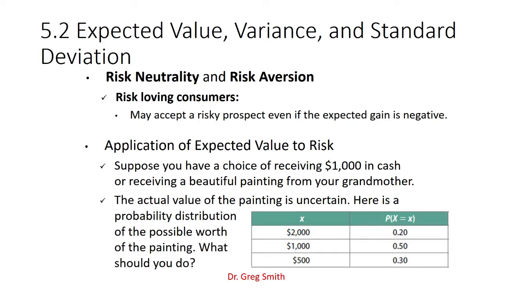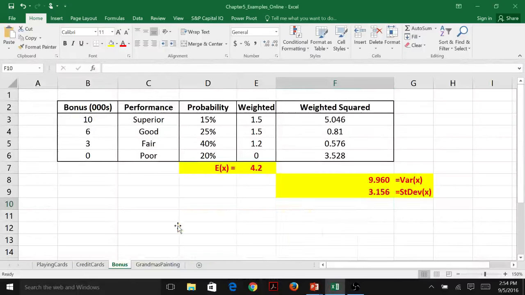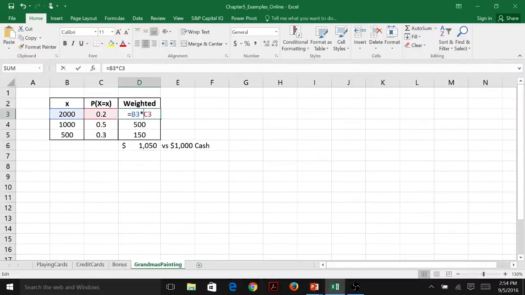So here we go. Suppose you have a choice of receiving $1,000 in cash or a beautiful painting from your grandmother. Someone has told you that it has three possible outcomes. It can be worth $500, $1,000, or $2,000. And here are the assigned probabilities for each. What do you do? Well, what I would do is multiply each by its probability, and you find that in the end, the expected value, E of X, equals